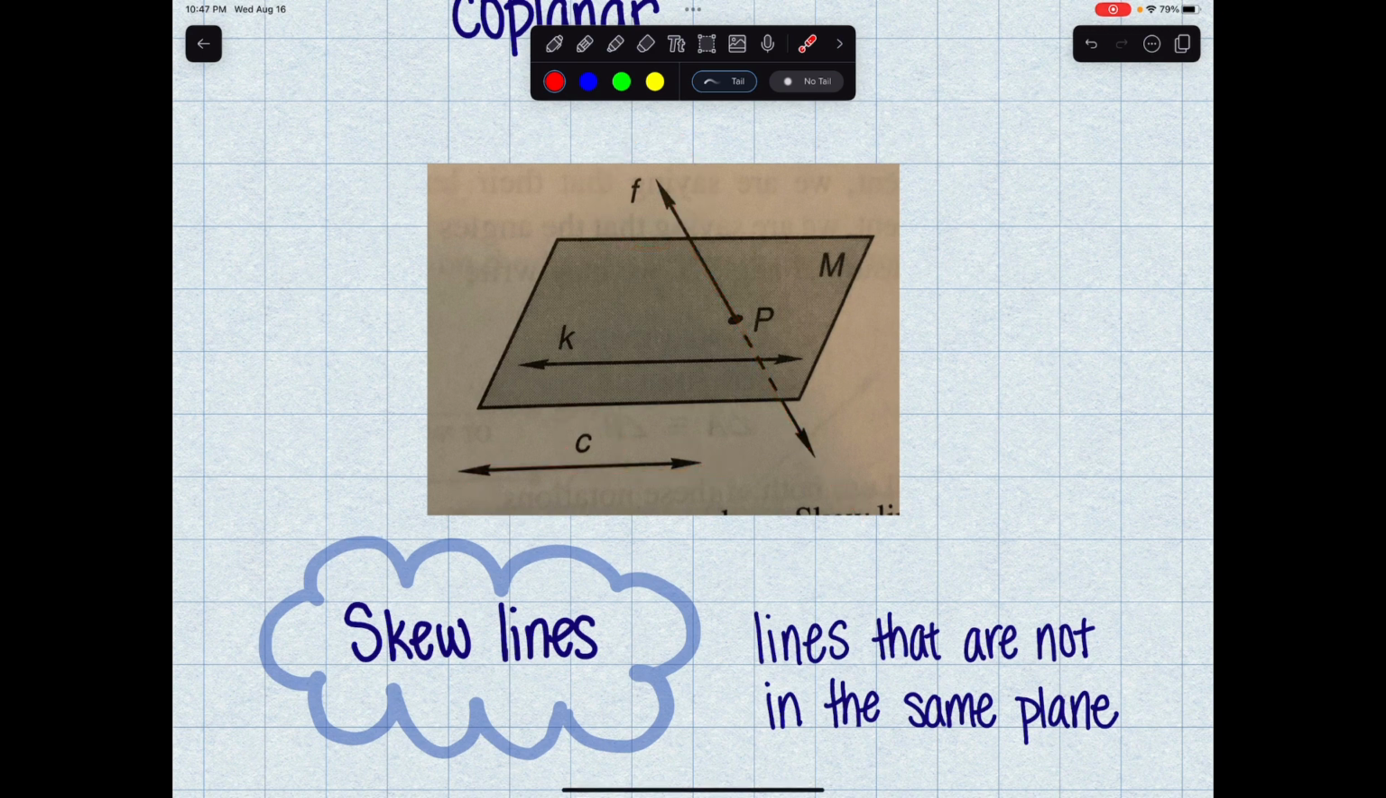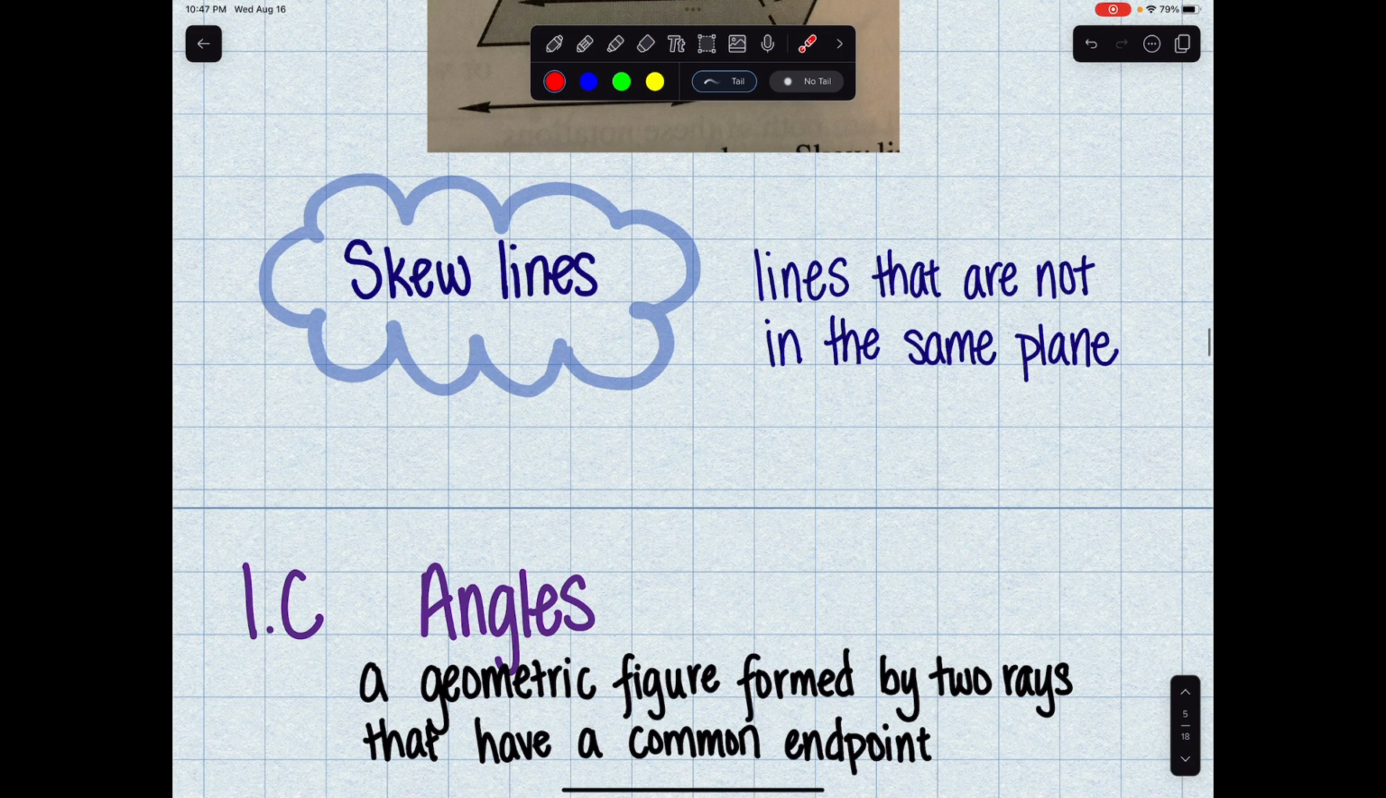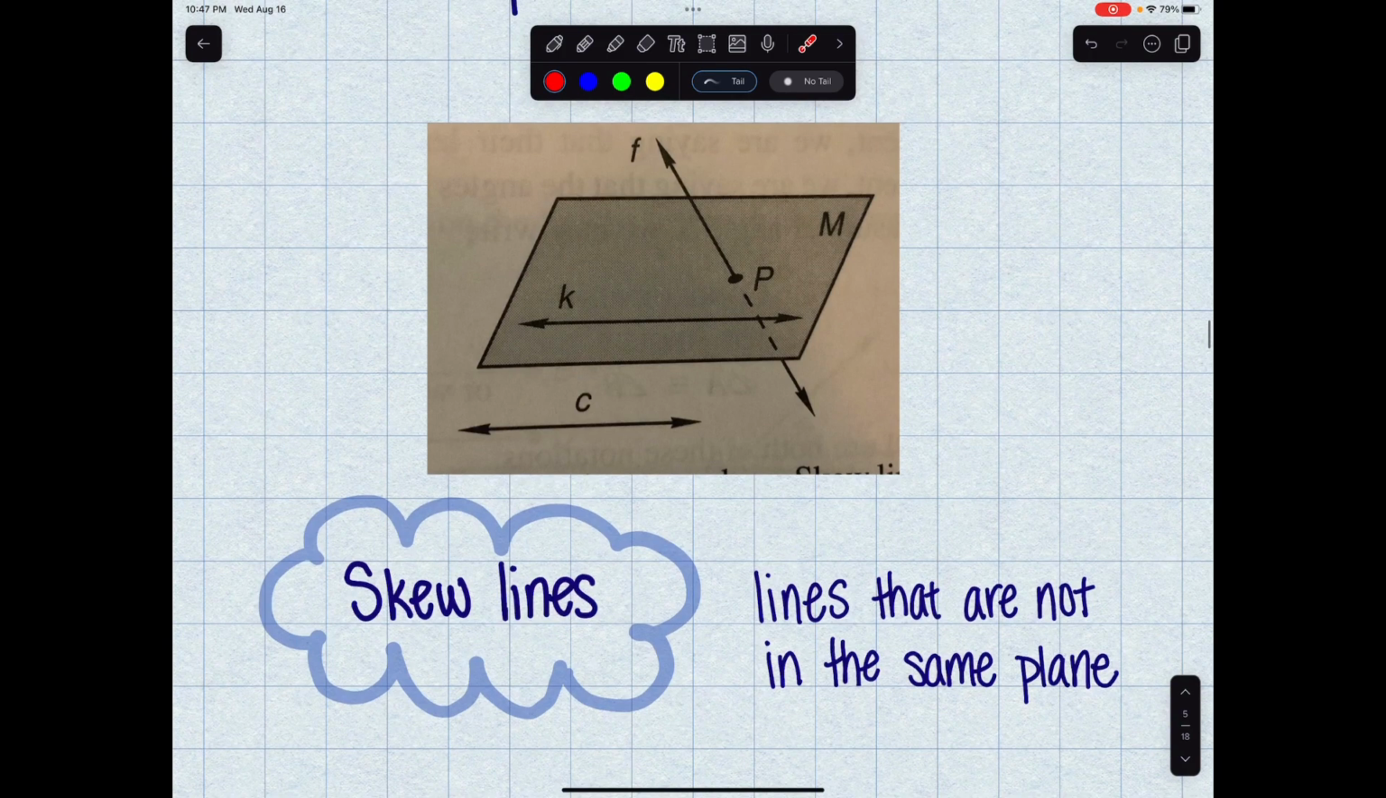Okay, skew lines are lines that are not in the same plane. Skew lines are never parallel and they don't intersect. So a skew line, I guess it would be like, I don't know. It's not parallel, but it doesn't cross the plane. Okay, so let's see if line K,